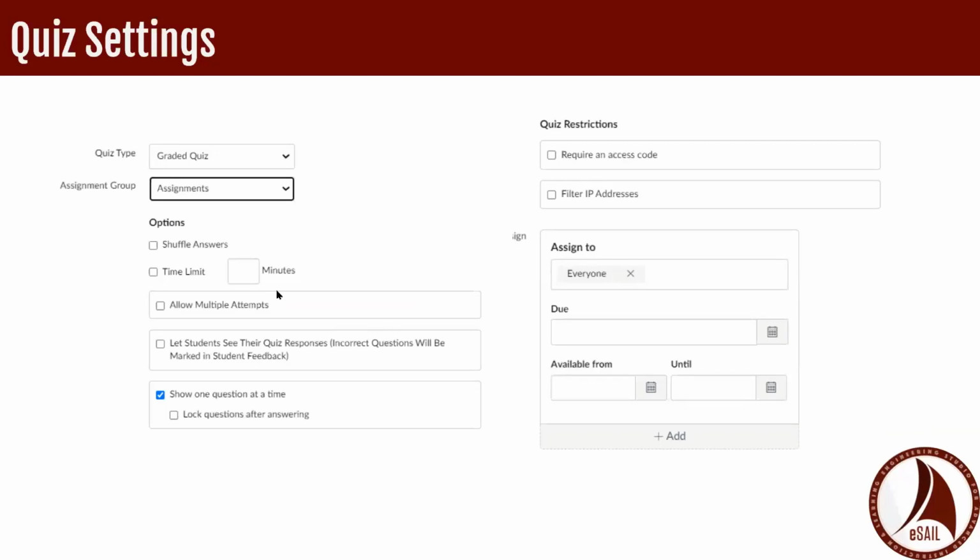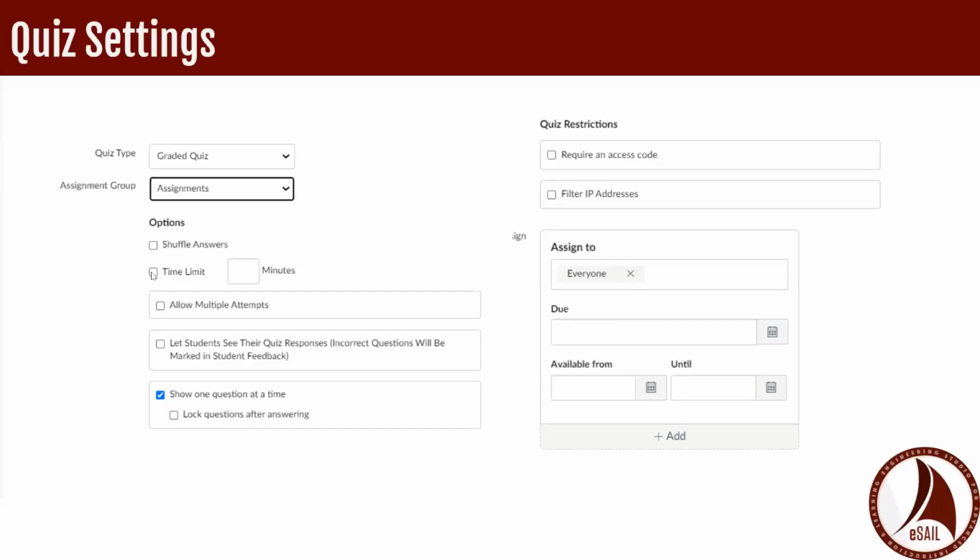Once you have created your quiz, within the Details tab, there are some settings that you can control. So we will get into assignment groups here at the top. Here's your quiz type, and then next is assignment group. We'll get into that a little bit later on when we discuss grading. And then the first option here is to shuffle the answer options, and this is where you would set that option. Shuffling questions is not controlled in this setting area. Instead, you'll need to create a question group to shuffle questions, and we'll go over that in a few slides.